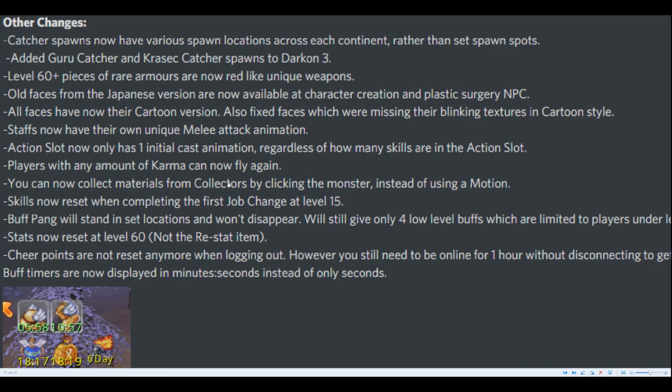Stats now have their own unique melee attack animation. Action slot now only has one initial cast animation regardless of how many skills are in the action slot. Players with any amount of karma can now fly again, which is kinda interesting. You can now collect materials from collectors by clicking the monster instead of using a motion, which I really like